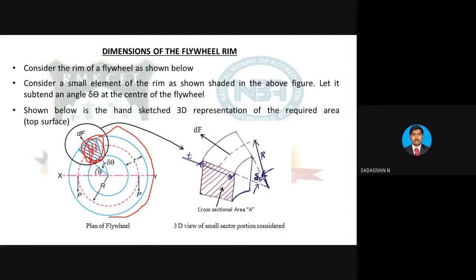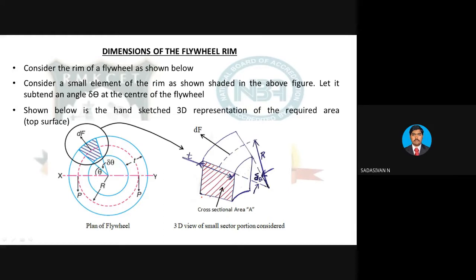This shaded portion is this portion in the diagram. So this circled portion is the top surface, and it is going to have some thickness. Now this thickness will have some cross sectional area A. All these things you keep in mind. There will come some problems where they will ask you to find out the dimensions of the flywheel. Another next method of problems.